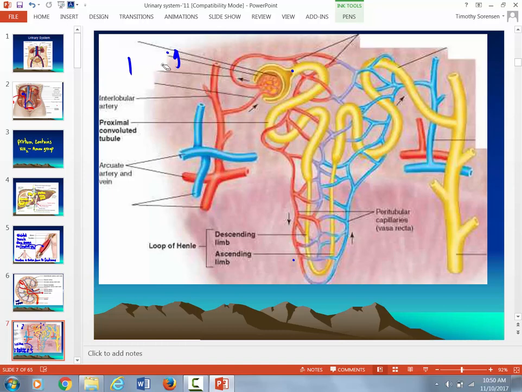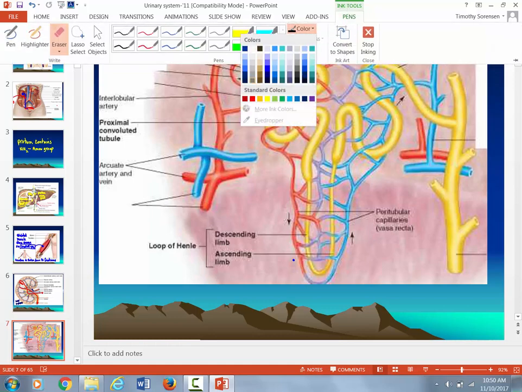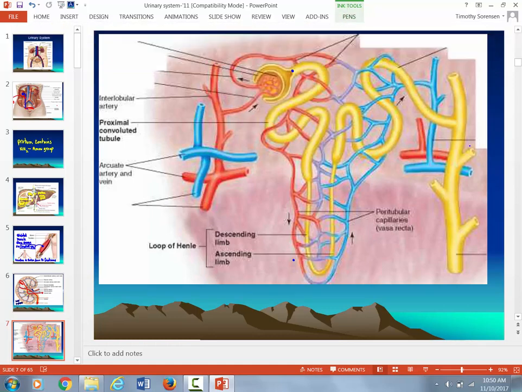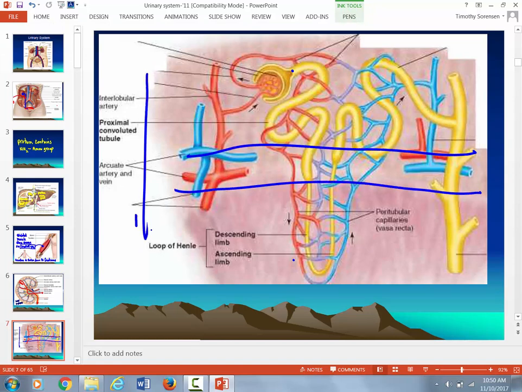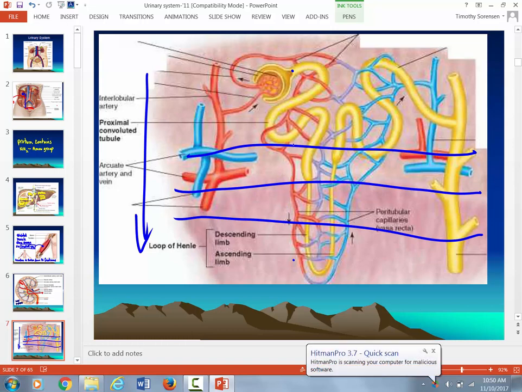Let me get rid of this. This is what I want you to understand. Most nephrons of the kidney begin in the cortex of the kidney, the outer portion of the kidney. And what I want you to understand is that as you move deeper and deeper into the medulla of the kidney, so you're going down this way, right? The osmolarity of the surrounding tissue, right? So of the peritubular capillaries and the interstitial space between the collecting tubules and the peritubular capillaries, the osmolarity increases,